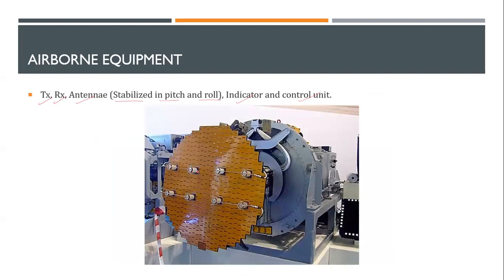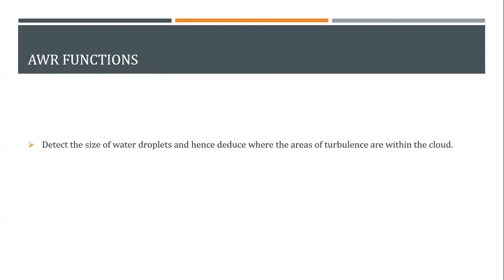You can see that I've already explained in radar, one of the pictures that were given to you. This is the antenna, and you can see there are small slots present inside the antenna that make this a slotted antenna, which we were talking about. We'll see how this works. One of the key important things here is that it is stabilized in pitch and roll, so that we know the movement itself is in pitch and roll. We'll see how it works.